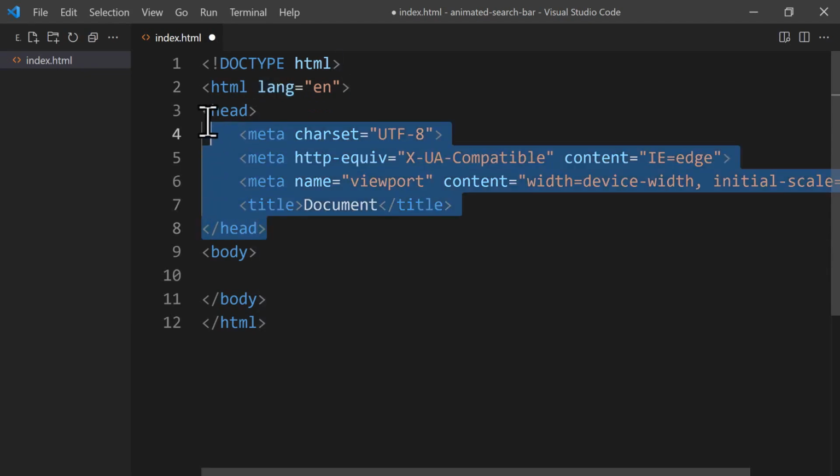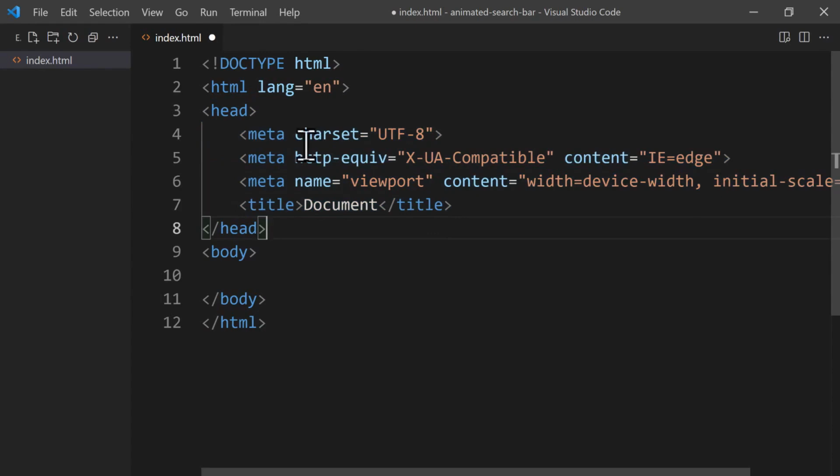Then we have the head section that has the metadata tags and the title. In the first meta tag, the charset attribute defines the HTML character encoding. And UTF-8 is recommended by HTML5 for web developers because it contains nearly all the characters and symbols. Then we have the compatibility meta tag, which tells the Internet Explorer browser to use the most recent rendering engine,